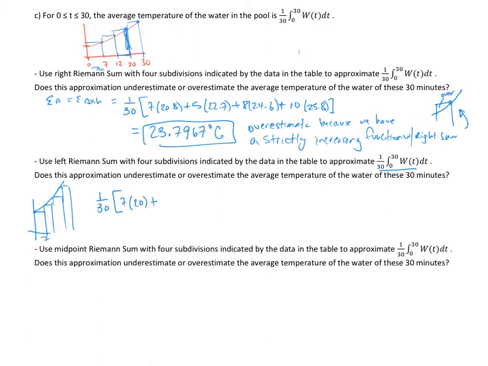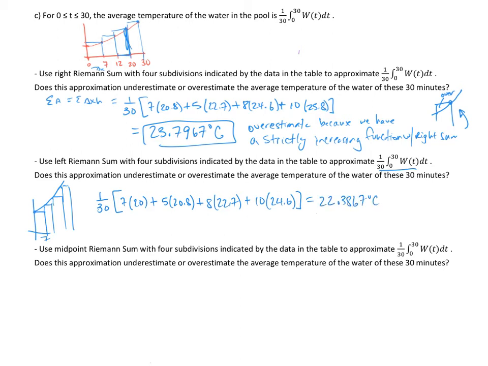And then the next delta will be 5 and have a height of 20.8. And the next delta x will be 8 with a height of 22.7. Then we end up with 10 times the 24.6. Working all this out, again, I will spare you all the details,